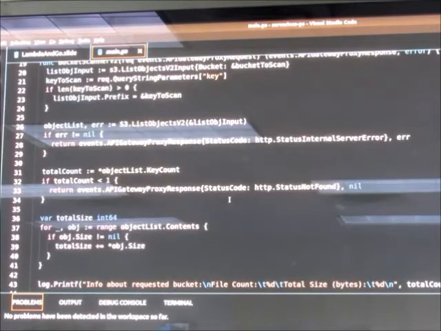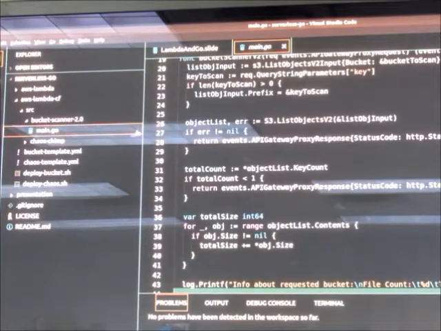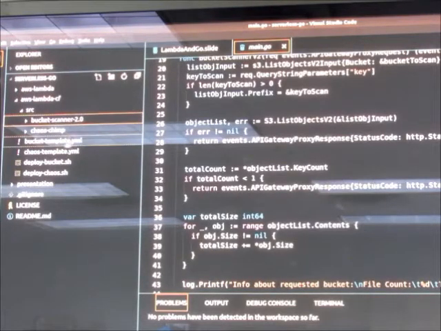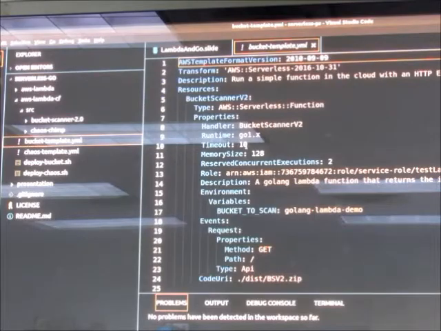Anyone else have any questions about this? But this is just the raw code. We still have to actually deploy this thing.